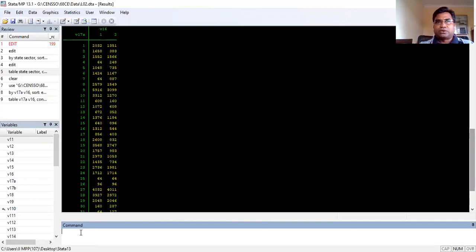But right now the question is the number of populations, right? The estimated number of persons. So when you talk about estimated number of persons, you need to have the household size. Now you need to look for that variable, where is my household size.